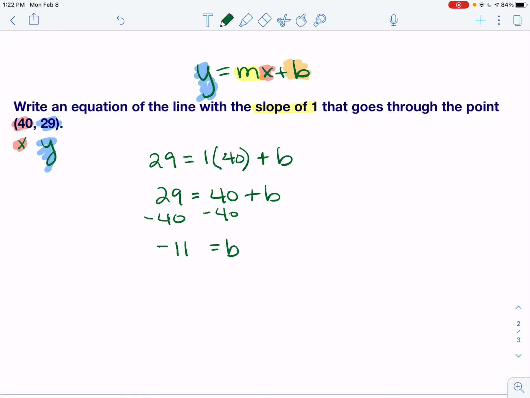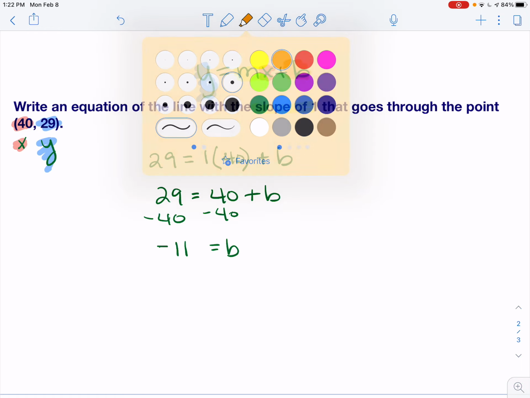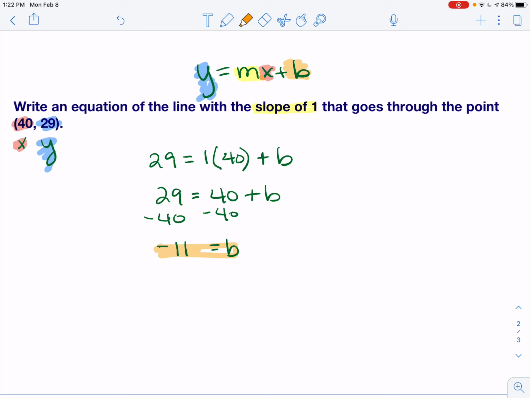Now, I can take this b value. This is my b value that I'm going to put into my equation. I still have my slope of 1 from up here. So my new equation is going to be y equals 1x minus 11. And I really don't even have to put that 1 in front of the x. I can just say y equals x minus 11. I hope this has been